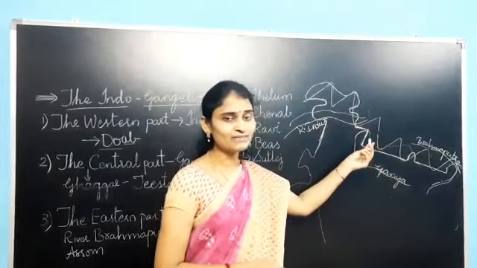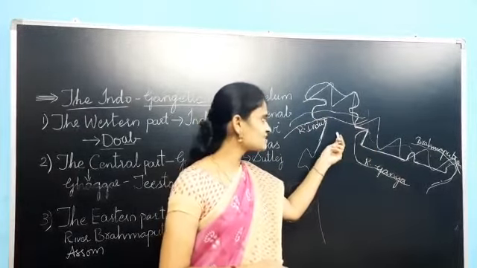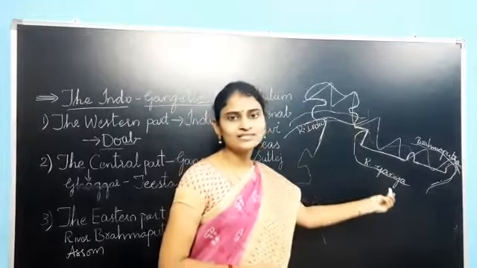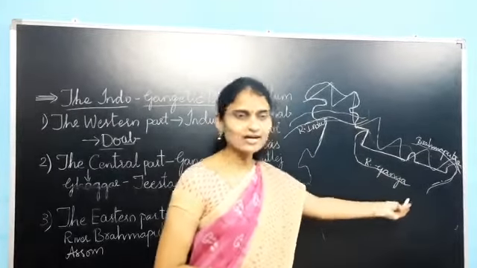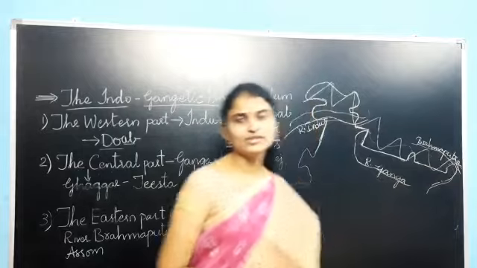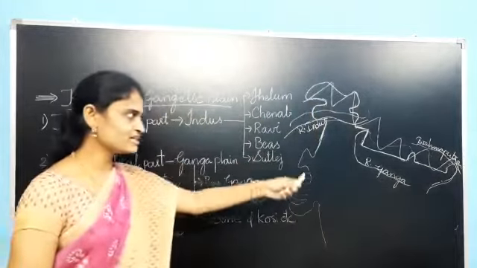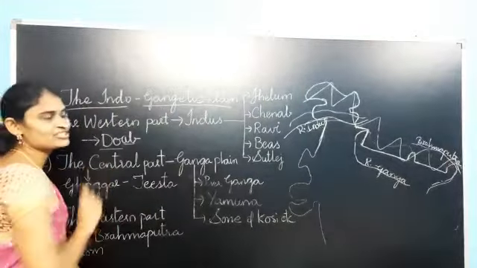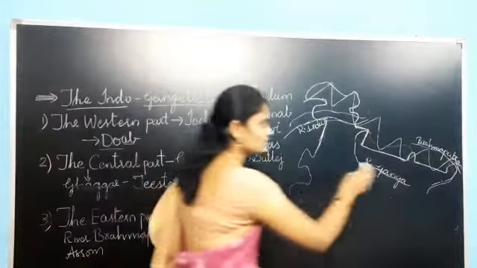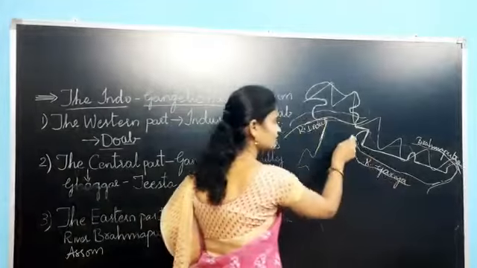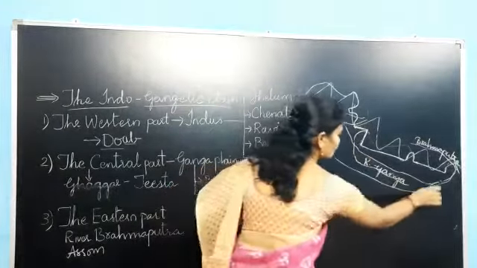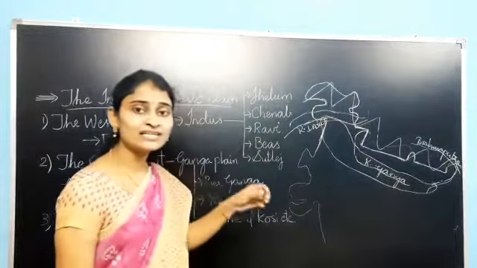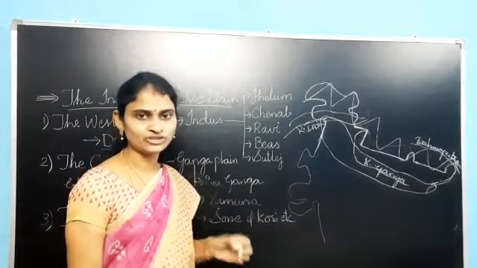And what are the three Himalayan rivers? The Indus, river Ganga and the Brahmaputra. Due to interaction of these three rivers, Indus, Ganga and the Brahmaputra, the Indo-Gangetic Plains are formed. See here, I am showing roughly. Plains are formed in this way and these are broadly classified into three.